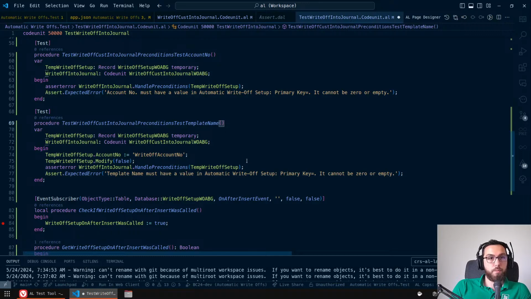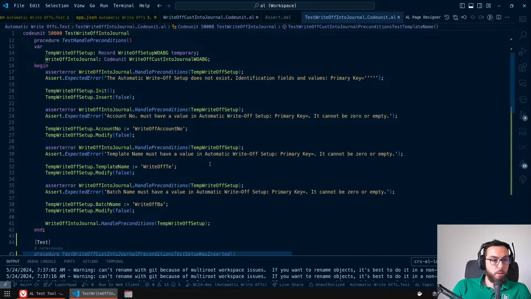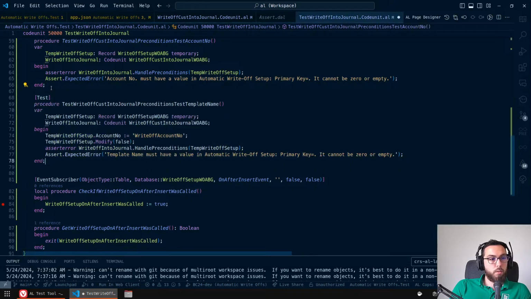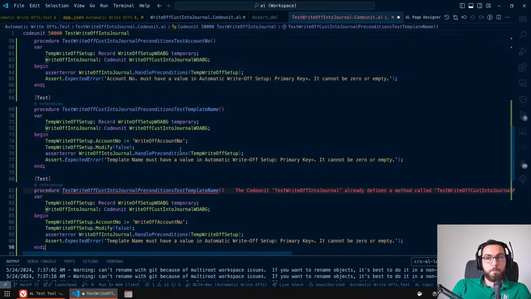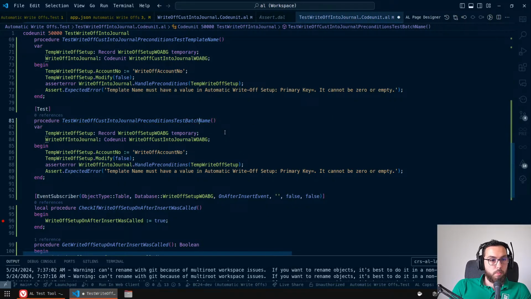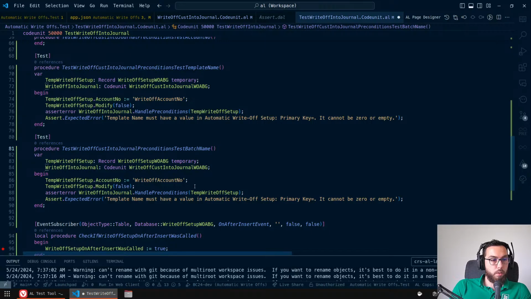Template name. Or just continue with the next one. Template name, the next one is the badge name. Okay. Badge name. And here we need to do